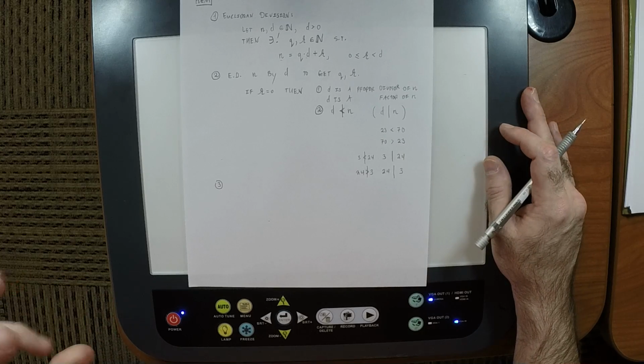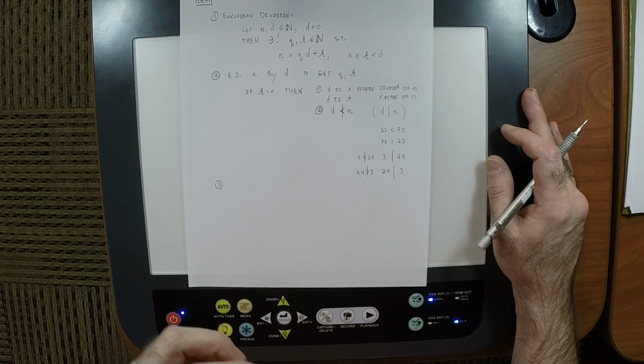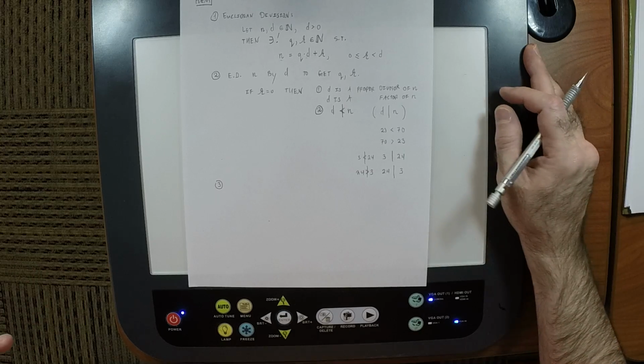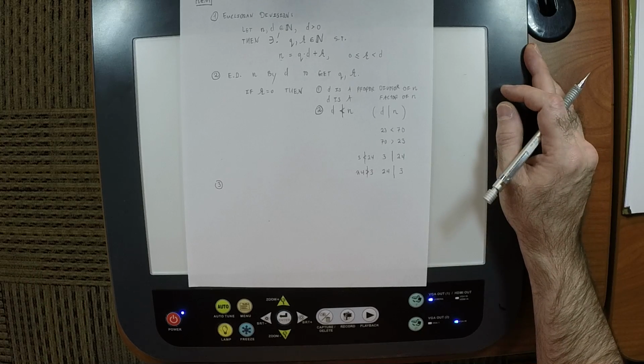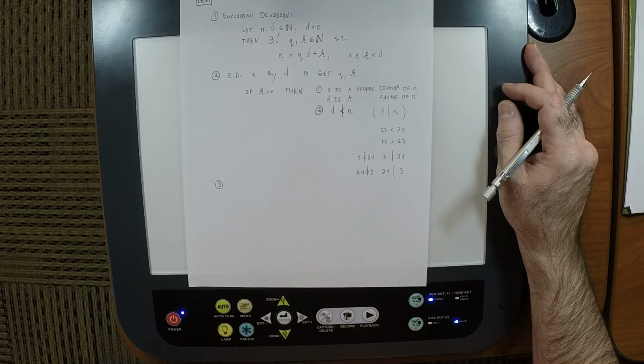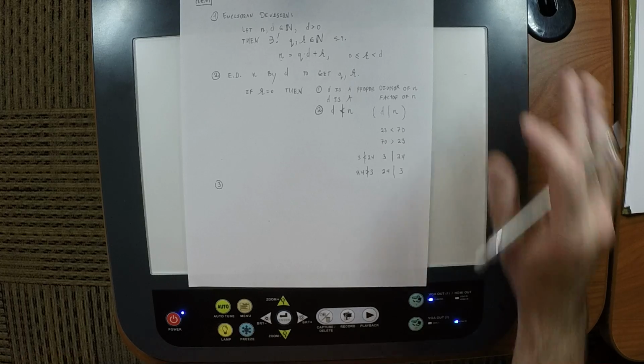So we have 2 orders that we talk about on the naturals: the linear order, but we also have the division order. And the word greatest in greatest common divisor is not referring to the linear order. That's not what it's referring to. It's rather referring to the division order. And that makes